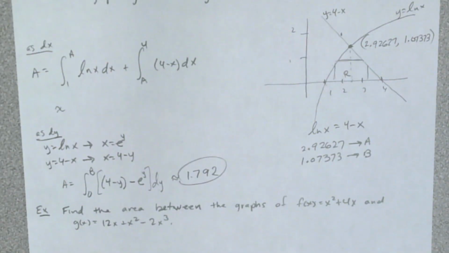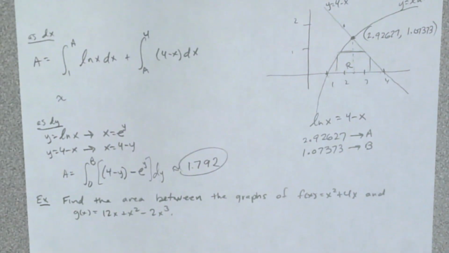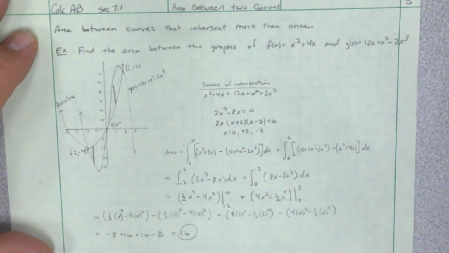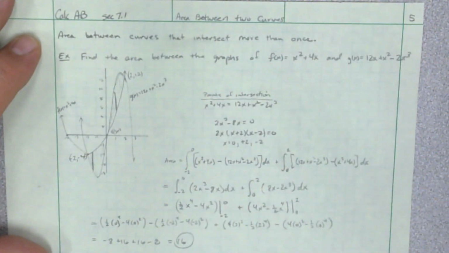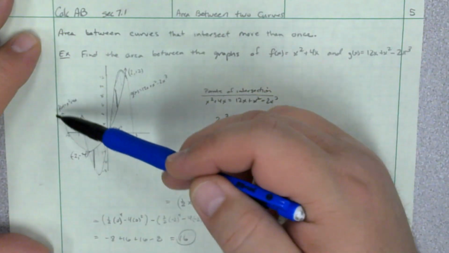Okay, so we have one more left. Since we've done this enough, I'm just going to show you the example. I'm not going to work through it for the sake of time on the video. I'm going to show you the final version of it. And so what happens if I have a curve that intersects more than once? Okay, so if you look over here on this curve, you'll notice that I have a parabola right here,